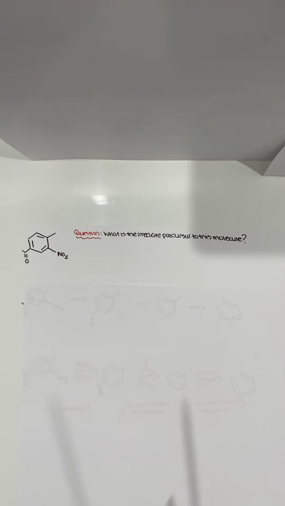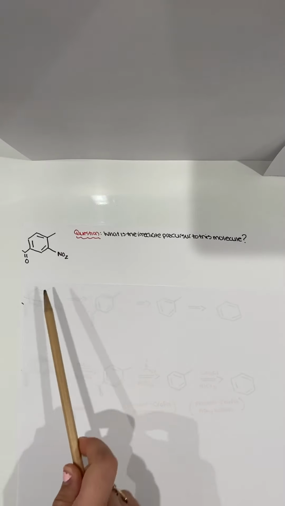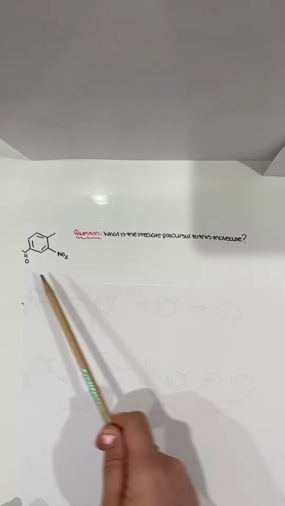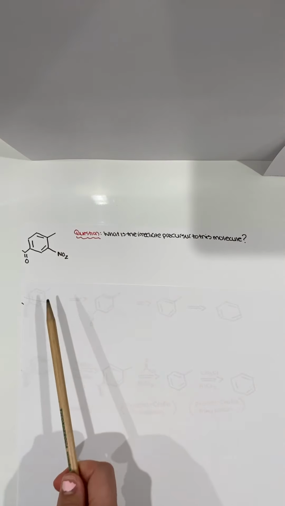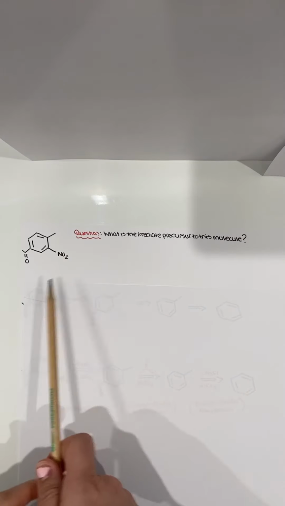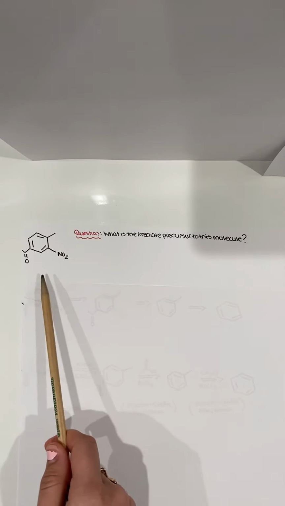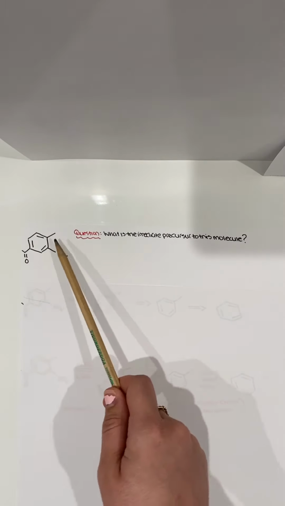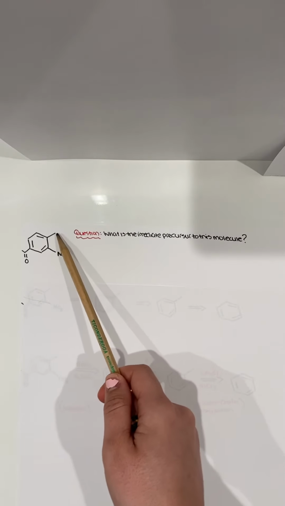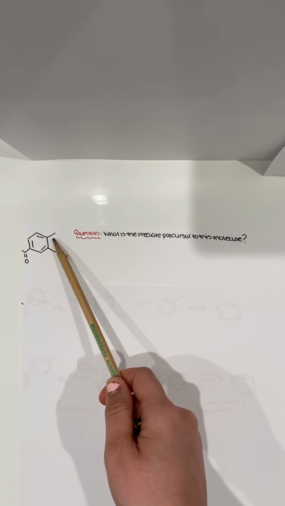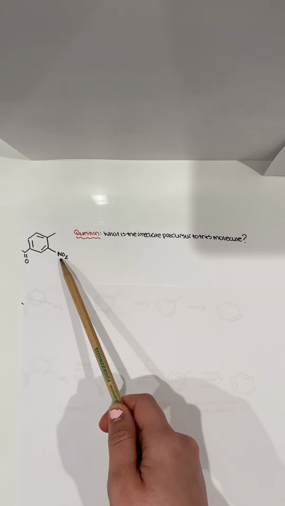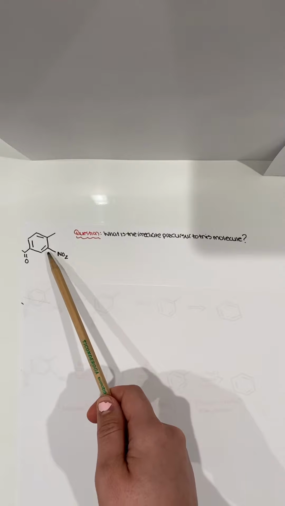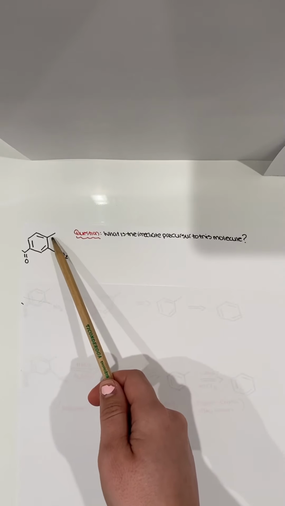So now that we understand all of that, we could look at our product, and the first question we should ask ourselves is, what is the immediate precursor to this molecule? And in order to understand what the immediate precursor to this molecule is, we have to understand what these groups mean. So this methyl group is an activator because it is electron donating, and the nitro group over here is an electron withdrawing group, and it is a deactivator, and it is in the ortho position in relation to the